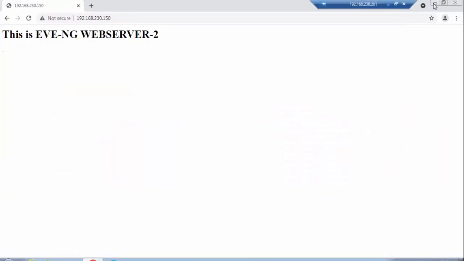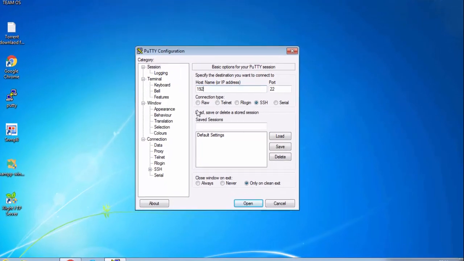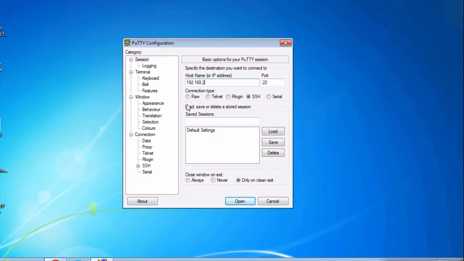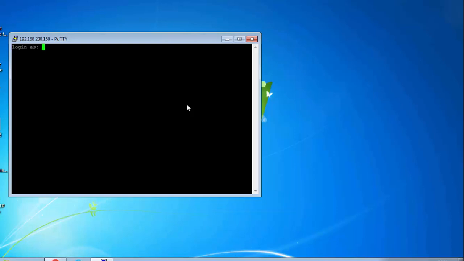So how can we check that one? Go to the client. Use PuTTY, 192.168.230.150, that is the external IP. Click on SSH, so we can see the username and password prompt for the SSH web server.